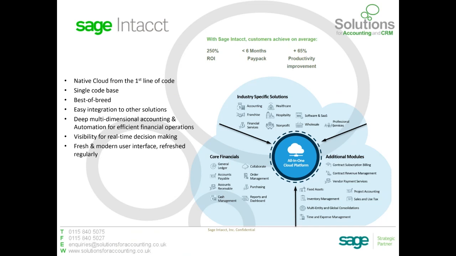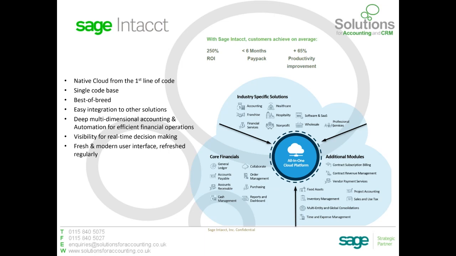And then you've got some order processing systems. On the sales side, you've got order management. And on the purchasing side, purchase order side of things, you've got purchasing. Of course, you've got a cash management system to manage your cash book and bank accounts, which includes abilities to link to your bank directly through Sage's banking cloud and pull transactions down directly from your bank. That is all underpinning a very robust reporting and dashboard system, which we'll look at in a moment.